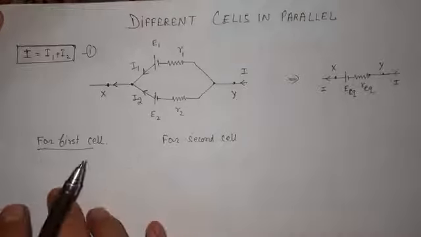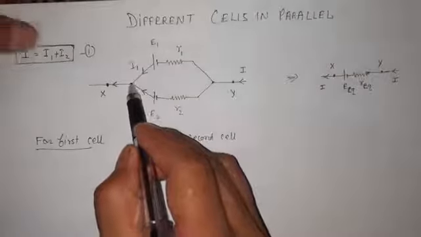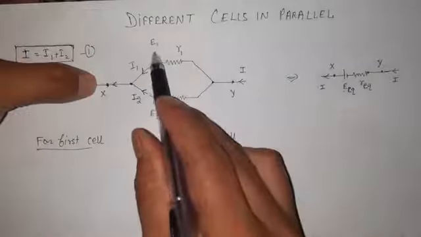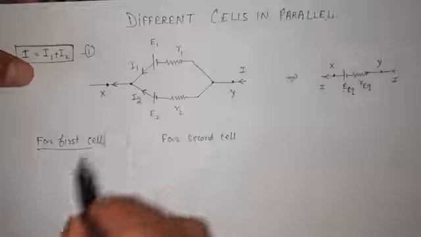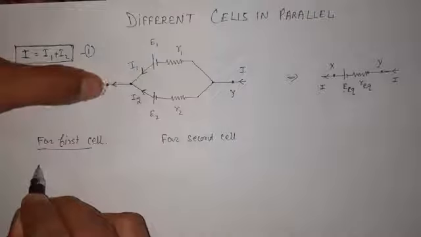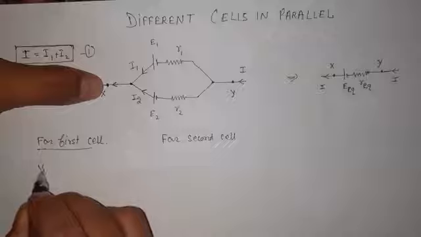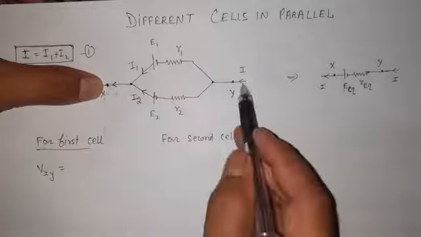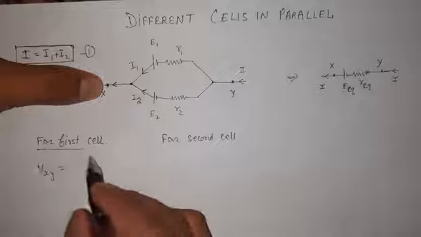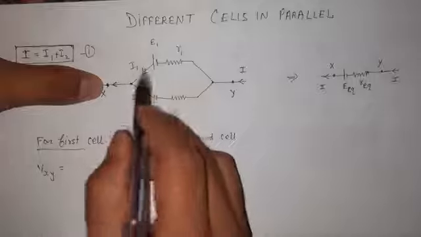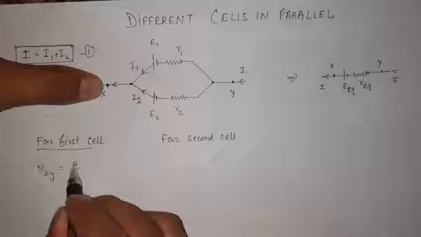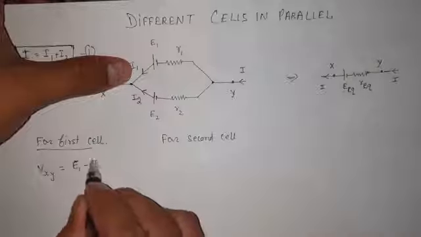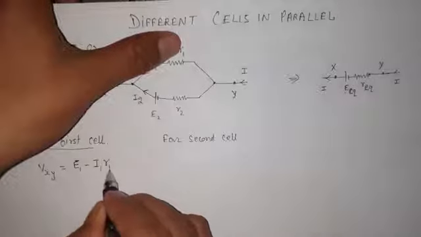Okay, now let us look over here. How will you write the potential difference between these two points x and y for this first cell? ठीक है, टर्मिनल पोटेंशियल डिफरेंस. तो टर्मिनल पोटेंशियल डिफरेंस x और y के बीच का, you will write this one. So it is the terminal potential difference, which is equal to, since the first cell is being discussed, E1, the EMF of that cell, minus the current drawn from it, I1, which passes through its internal resistance R1.